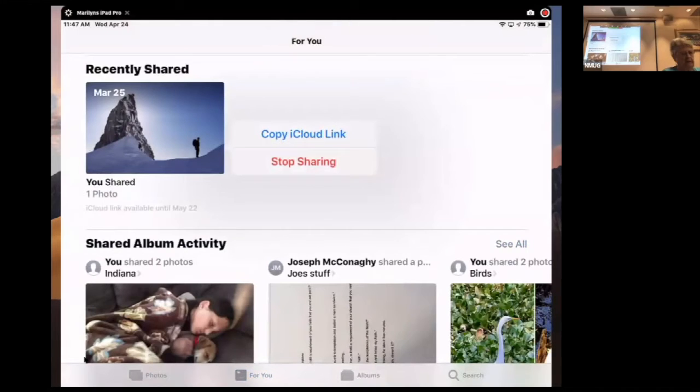Okay, if I tap on it, I can say stop sharing or copy the iCloud link. If I wanted to quit sharing now, I could do that. If I want to copy the iCloud link, it'll start another 30 days. So suppose you go for 3 weeks and you want to keep that up there for another month. You go into the For You section,